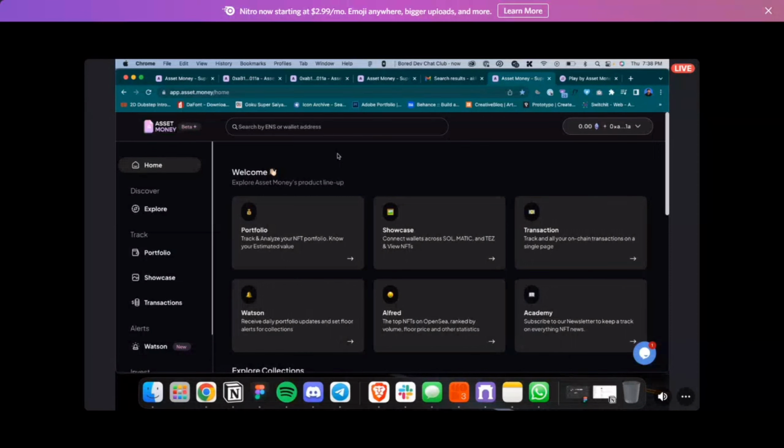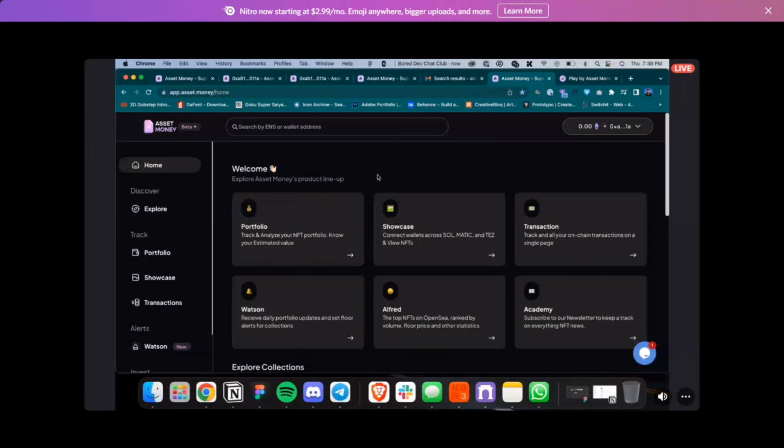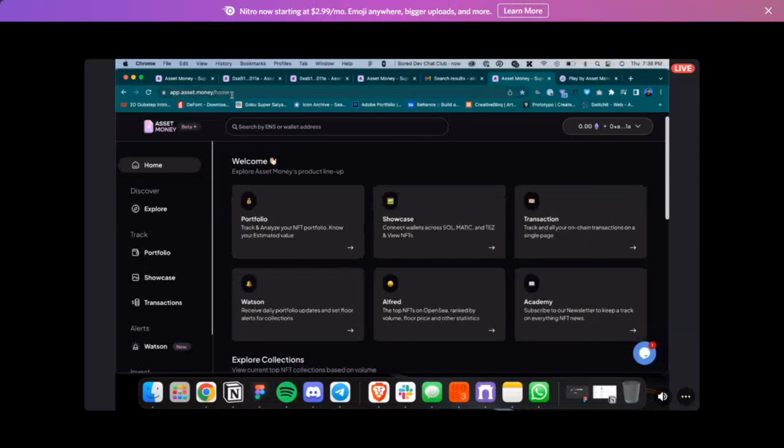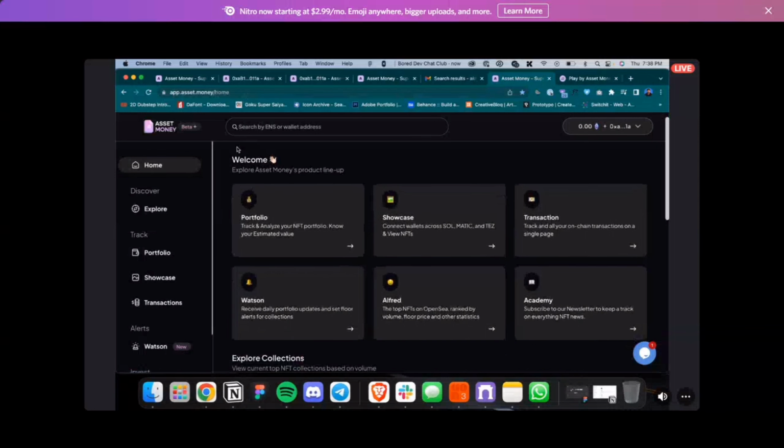Not only for people who are new to the NFT space, we also cater to people who are already in the space and have been collecting NFTs. For them, we have a bunch of things: you can track your portfolio, figure out how much you have, and see all your current portfolio analytics. And for the trader level, we also have something called Watson, which I'll dive into one at a time. As soon as you log in and connect your wallet to the Asset Money platform,